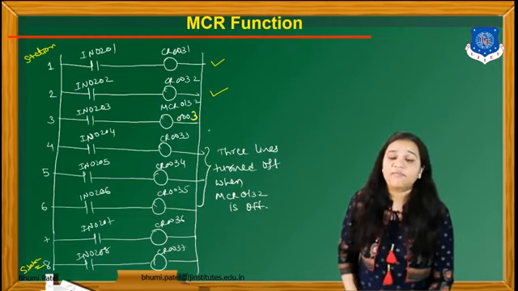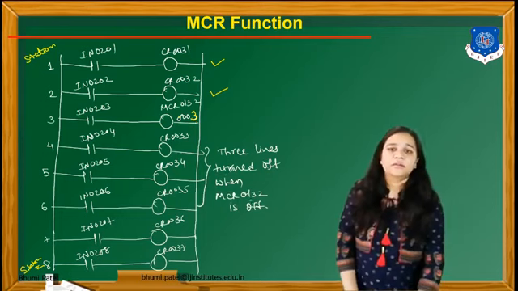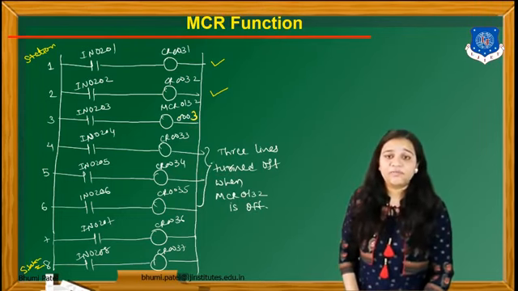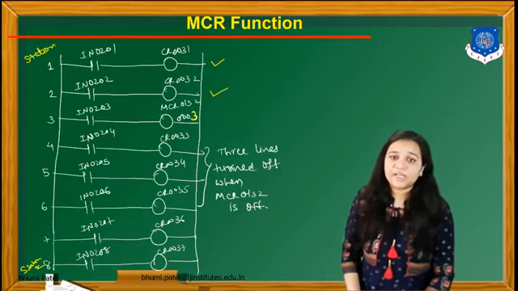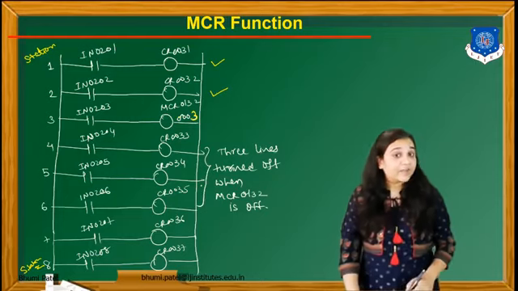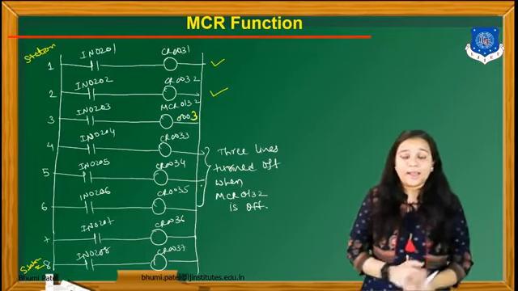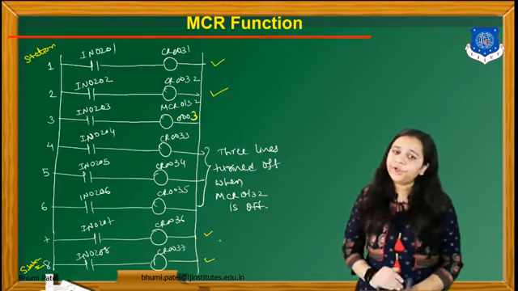That means after rung number 3, three lines are turned off when MCR 0132 is off. What is the difference from the skip function? The skip function continues in the previous state. Whenever we use the MCR function, the outputs of rungs 4, 5 and 6 will be turned off after the MCR function is executed, and rungs 7 and 8 will continue as they are.